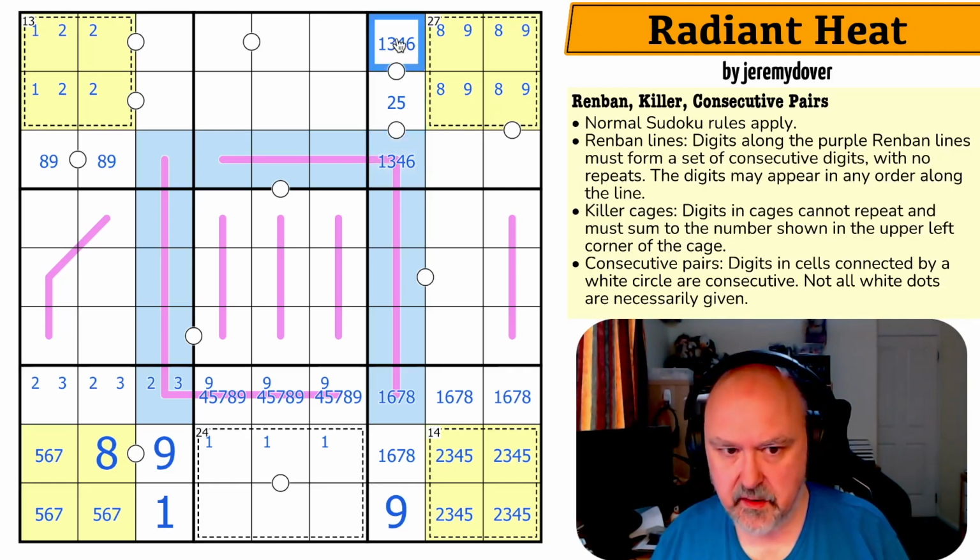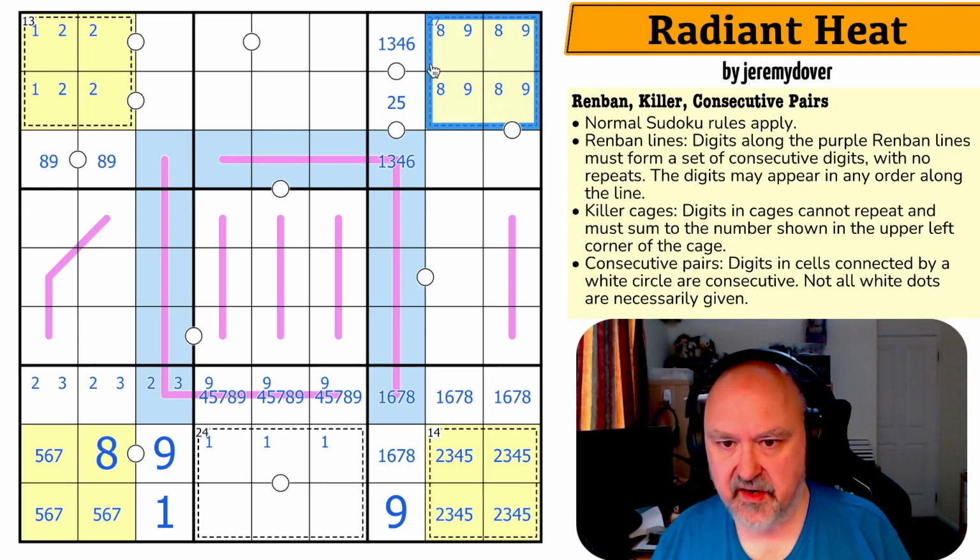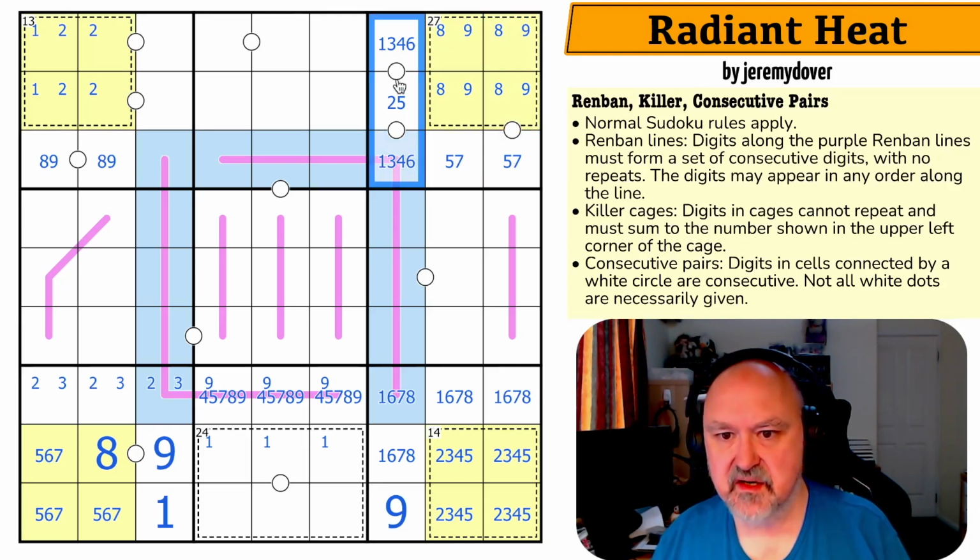1, 2, 3 would mean this is 4, 6, 8, 9. And 4, 5, 6 means this is 1, 3, 8, 9. 3, 7, 8, 9. So if this is 1, 2, 3, this becomes 4, 6, 8, 9. 1, 2, 3, 4, 5, 6, 7, 8, 9. And if this is 4, 5, 6,